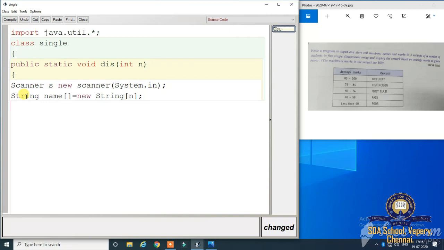Next array variable is roll number. This one's data type is integer to represent the roll number. So this is also an array variable, equal to new int of n, n number of roll numbers.